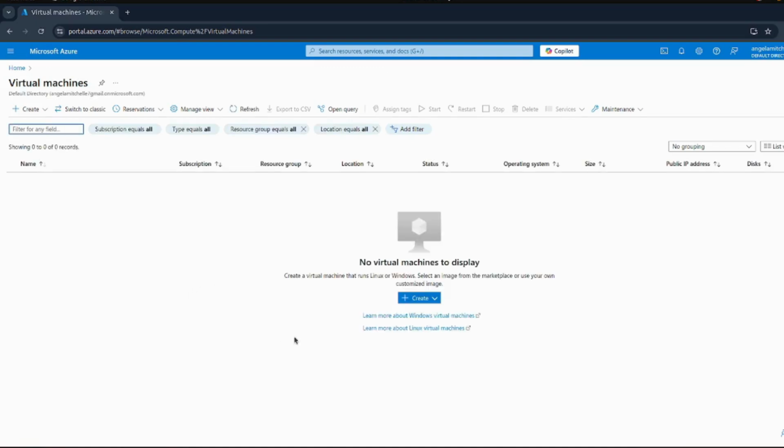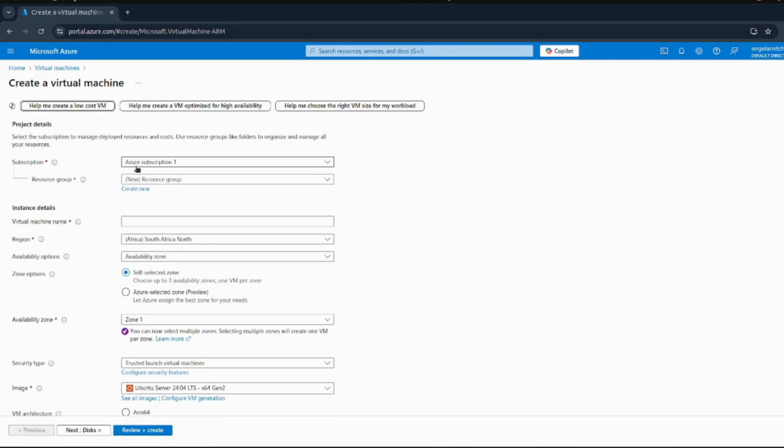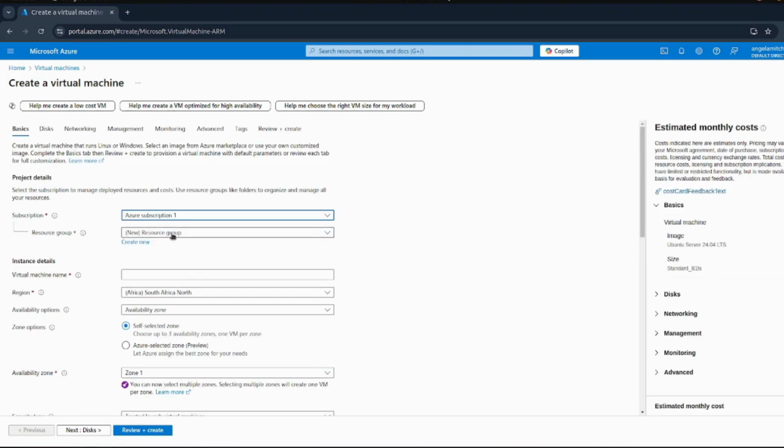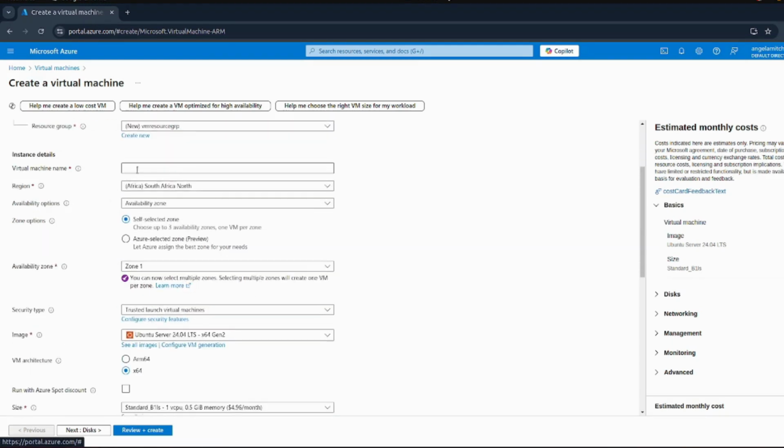So we click on virtual machines from here, and from here we can click on create virtual machine and it will open this page for us, right? So basically Azure subscription, only one subscription tied to this account. So we are going to choose a resource group. Maybe from here let's create a new resource group and give it a name, VM resource group. Then check this and then we give our virtual machine a name. So let's do app VM,